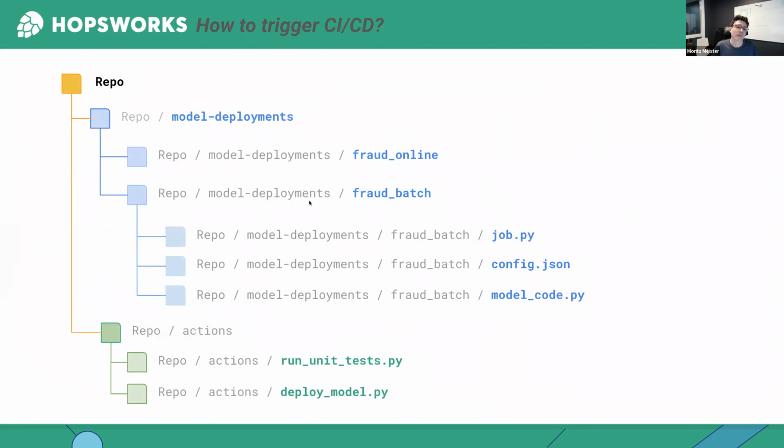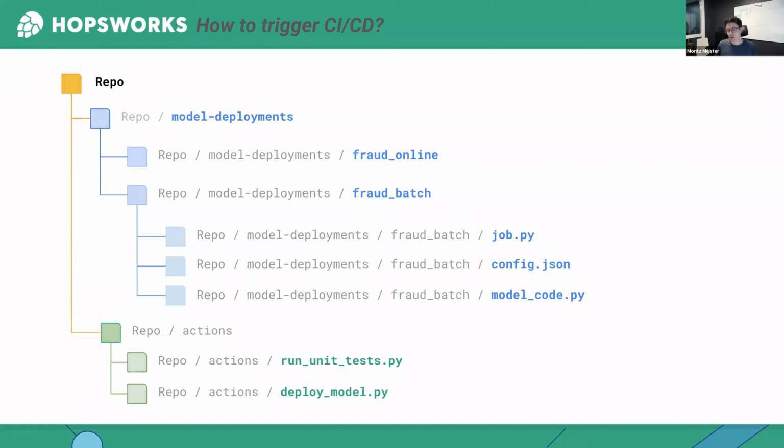And then you basically have a directory in your repo which contains model deployments. And then every time they add a new model deployment, it consists of pushing a new directory to that model deployments directory containing the job config or containing the deployment configuration, and also the information about which feature view to use